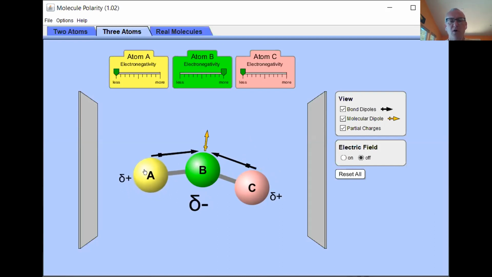You see that it gets smaller and smaller and smaller the more and more they start pointing in opposite directions. So we need to consider two things: the size of the dipole and the directions of them. Because notice the partial charges do not change. So just because I have a molecule with very, very polar bonds in it and the electrons are not evenly shared,